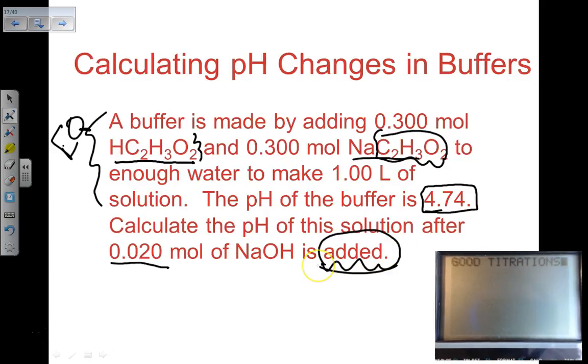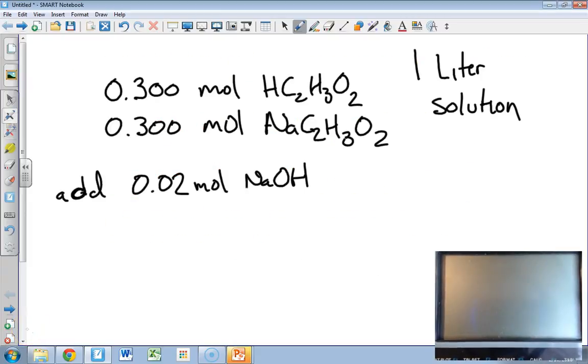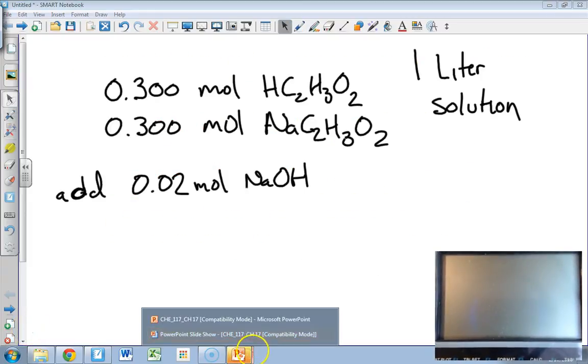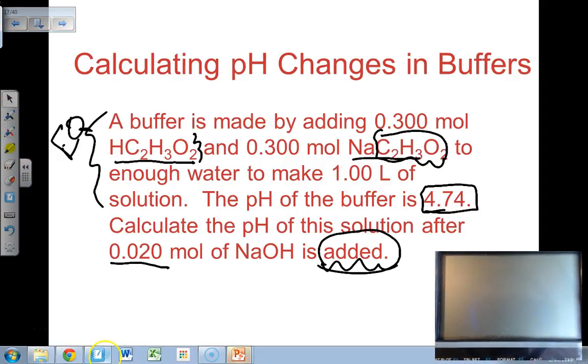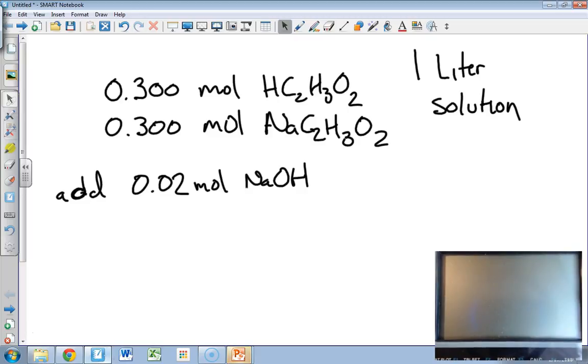Whenever you see that something is added to a solution, weak acid, weak base, typically you have to do it in 2 steps. Okay, so let's see what happens here when we do this problem. So I've put all that information from the PowerPoint right here into this notebook,